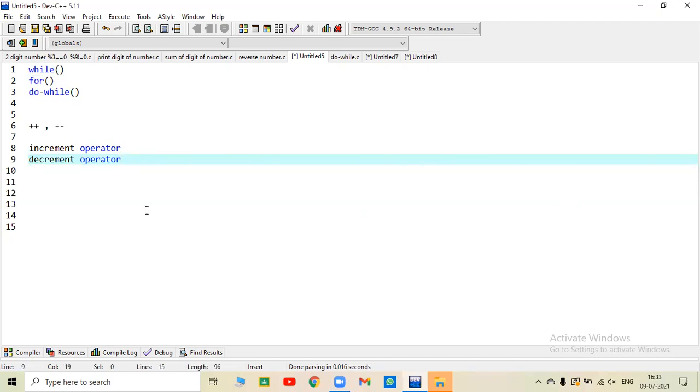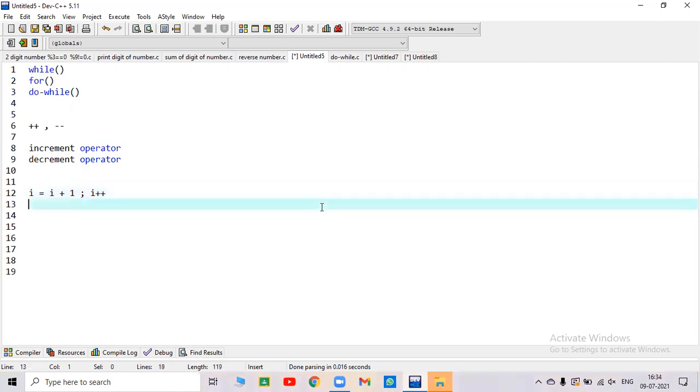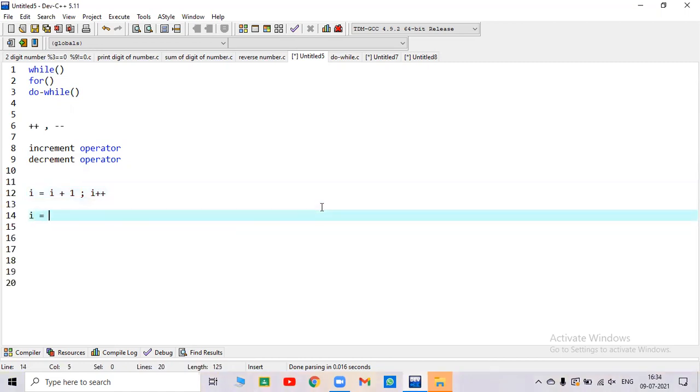Simply, when we write i equals i plus 1, that means we increment i by 1. So instead of that we can write i plus plus, and if we write i equals i minus 1, then simply we can write i minus minus.